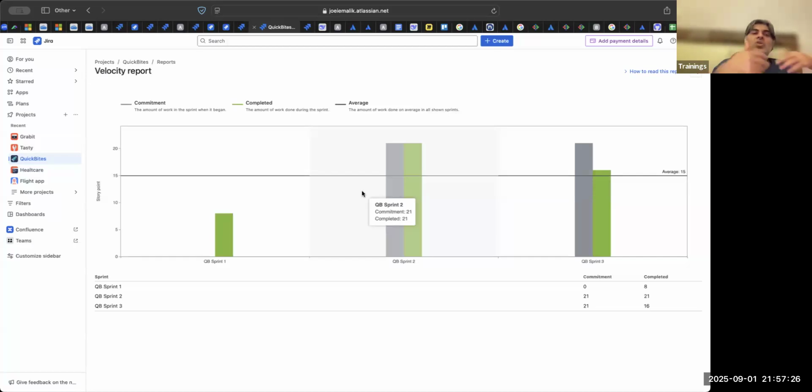You could have added resources, or there could be skill upgradation. So whatever is your last 3 to 4 sprints' average, that is the average you can take into consideration. Let us say in my last 3 or 4 sprints, on average, we are taking up 25 points of work. That is what I am producing. So you can take roughly 25 to 28 points. That will be my average.